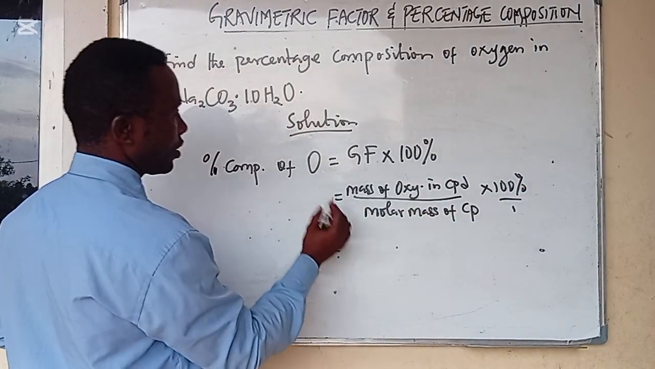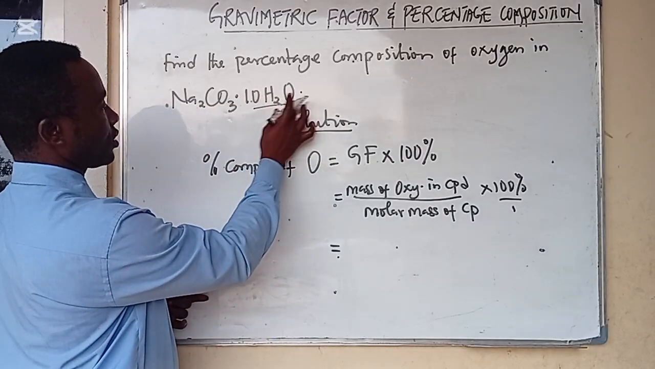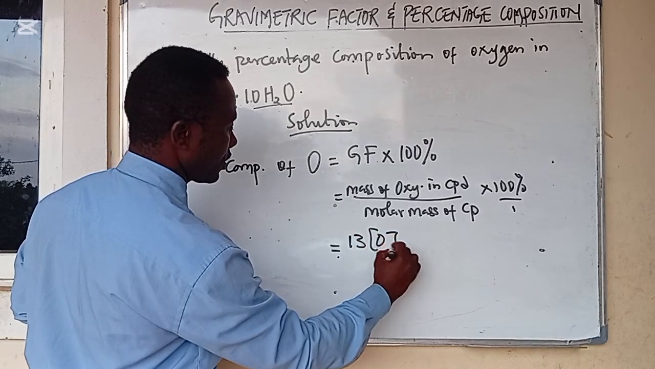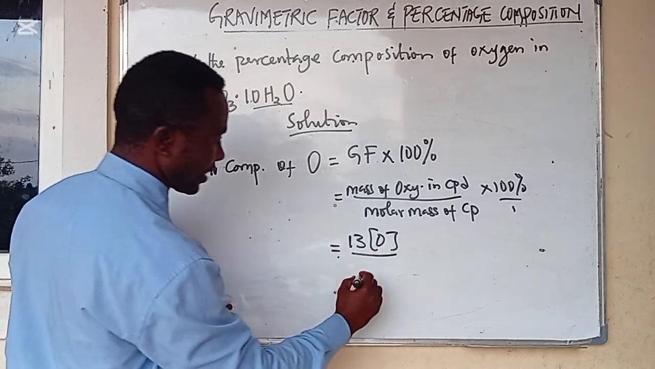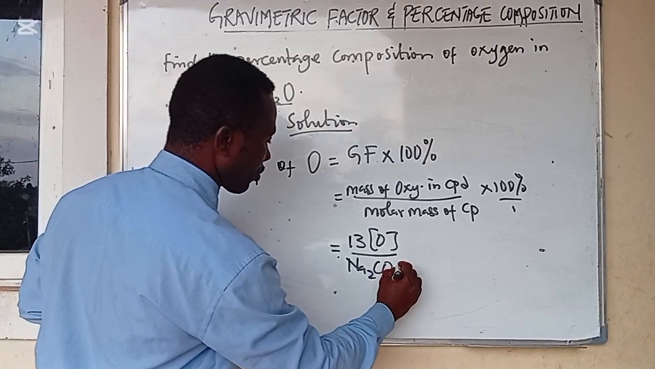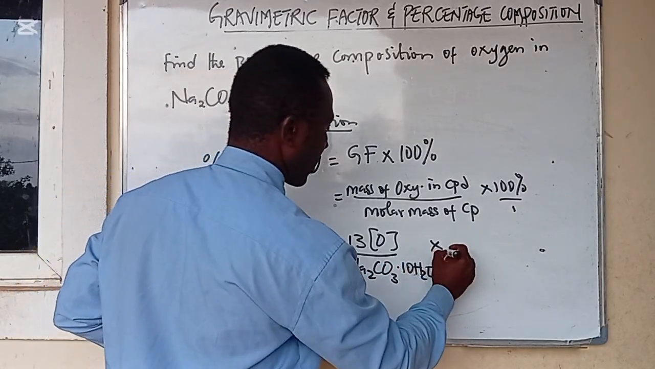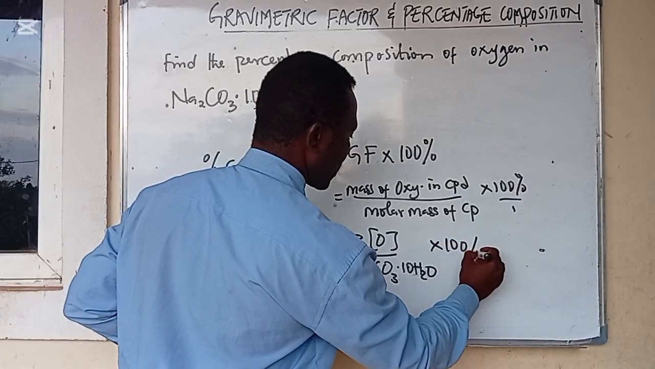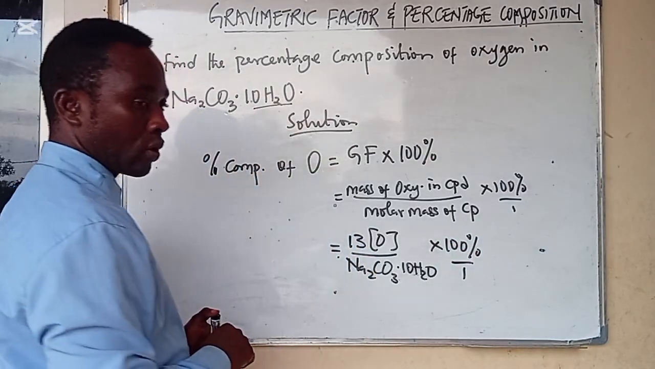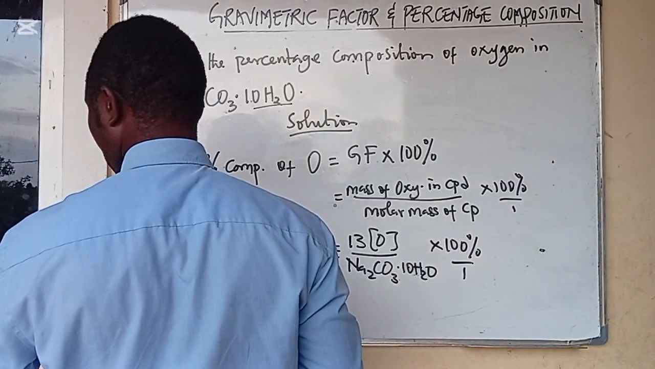So how many oxygen do we have in this compound? Here we have 10 oxygen, plus 3. That is 13 oxygen, divided by the molar mass of the entire compound, Na2CO3.10H2O, everything multiplied by 100% over 1. So when you look at this, you will find out that the gravimetric factor,